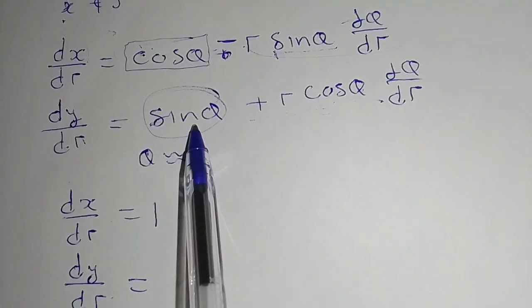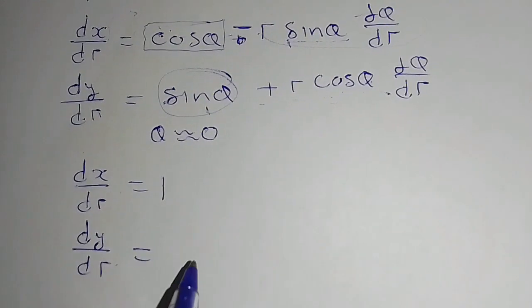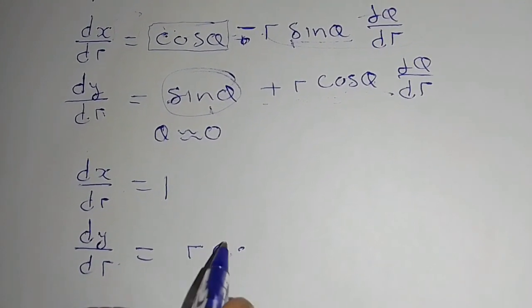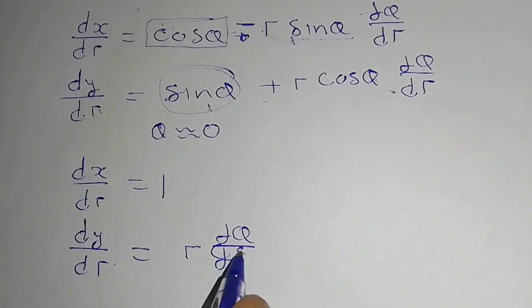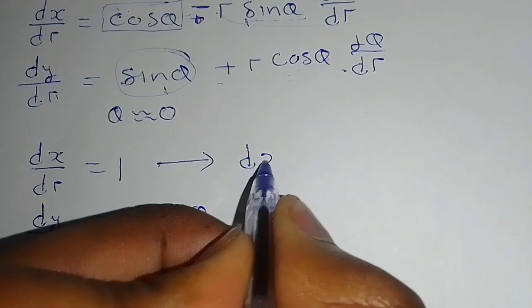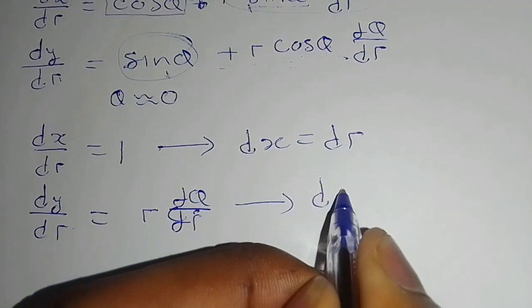So in this case, this one is just going to be 0. In this case, cos theta is 1, so you're just going to end up with r cos theta being 1. So you end up with r d theta dr. Then here we get that dx equals dr. Here we get that dy equals,